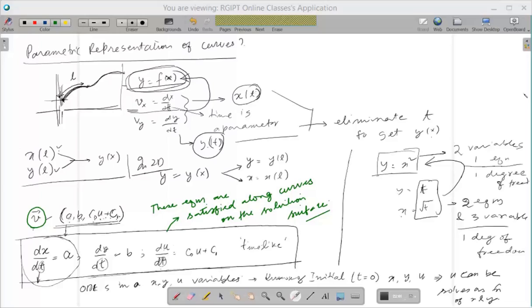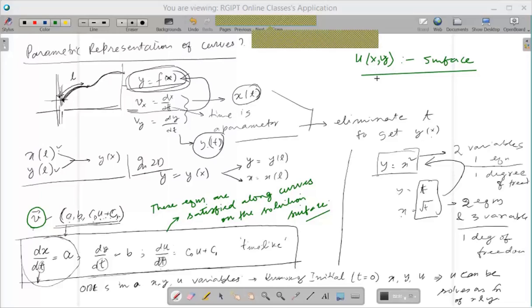PDEs have a surface. As we started with, remember you have u as a function of x and y. This is a surface. So this represents, at each x and y, not for arbitrary x and y. Remember, we have x comma y, for any x and y. So that means,